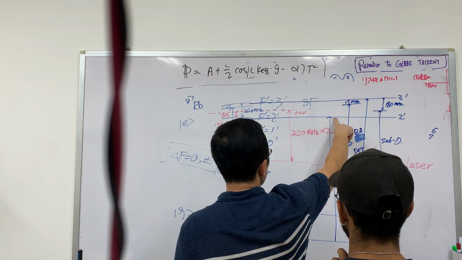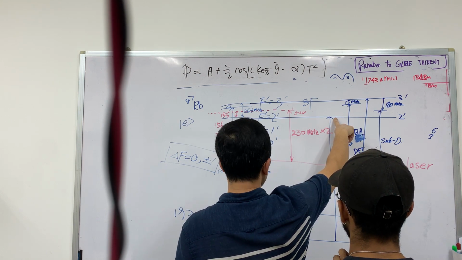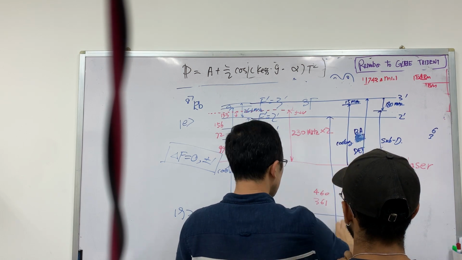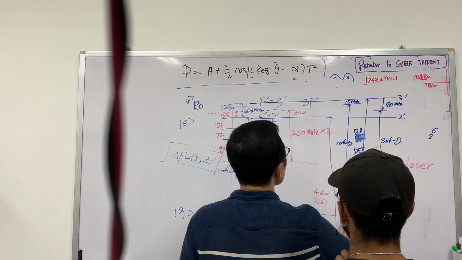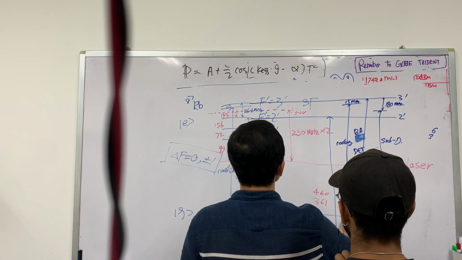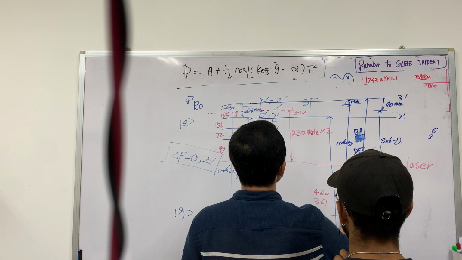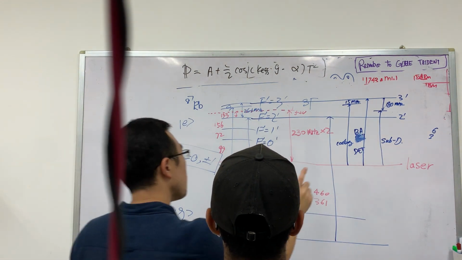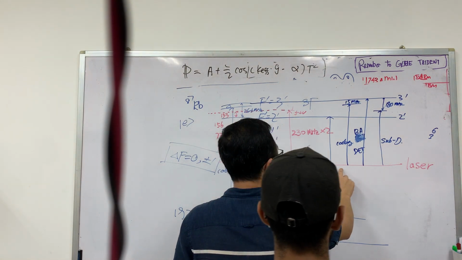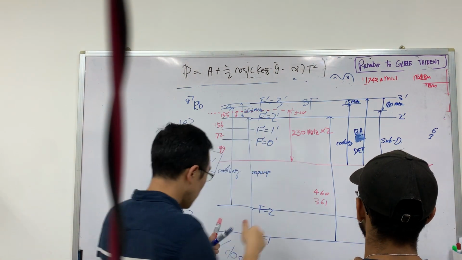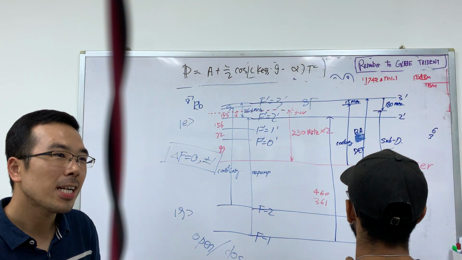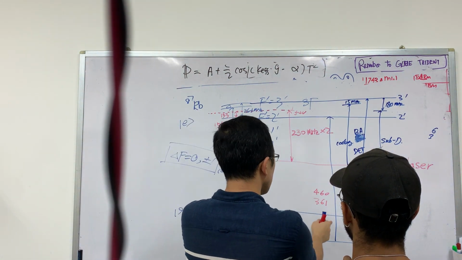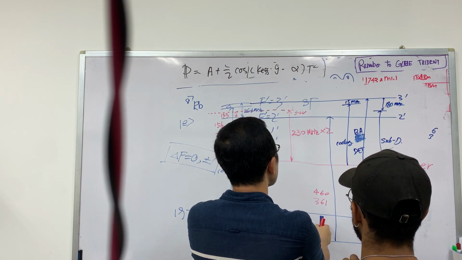We need to amplify it, plus this. Laser is here. Okay, let's continue. From 2 to crossover, so just plus the amplifier, minus